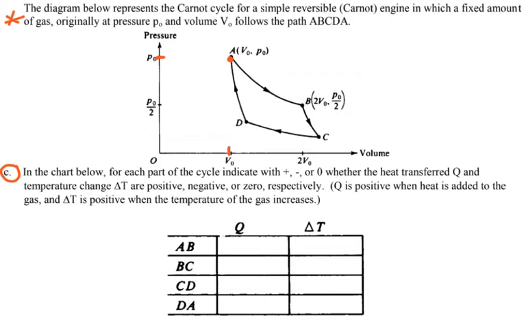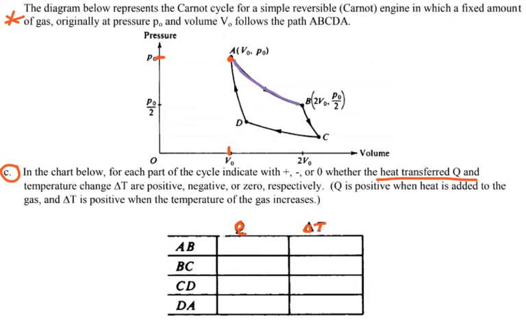In the chart below, for each part of the cycle, indicate positive, negative, or 0 for the heat transferred and for the temperature change. Q is positive when heat is added into the system, and delta T is positive when the temperature of the gas increases. So from A to B,